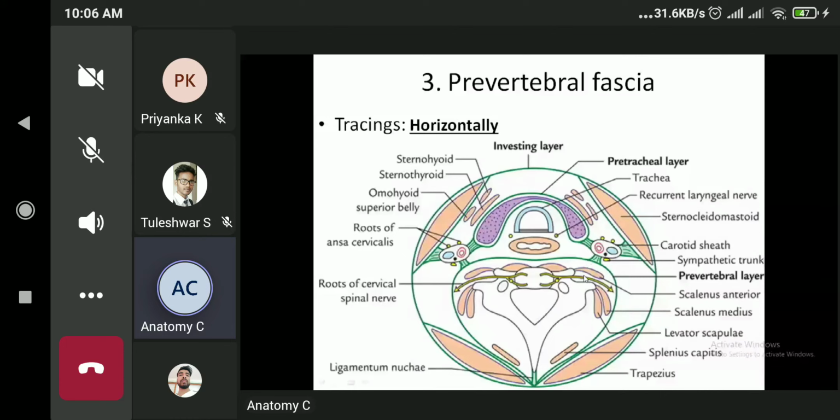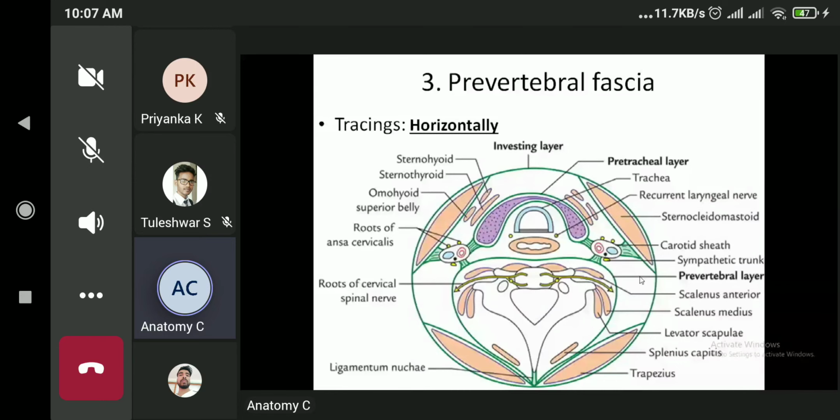Laterally it extends, investing the brachial plexus, the roots of the brachial plexus, and the subclavian artery. That lateral extension of the prevertebral layer is known as the axillary sheath. It has one very important clinical significance that we will talk about in the next slide. Remember, this prevertebral fascia has a lateral extension which includes the brachial plexus as well as the subclavian artery, known as the axillary sheath. Okay, so this is about the horizontal tracing of the prevertebral fascia, and then let's go for the